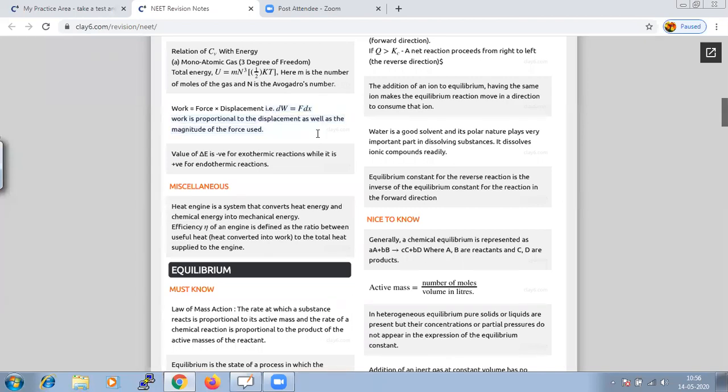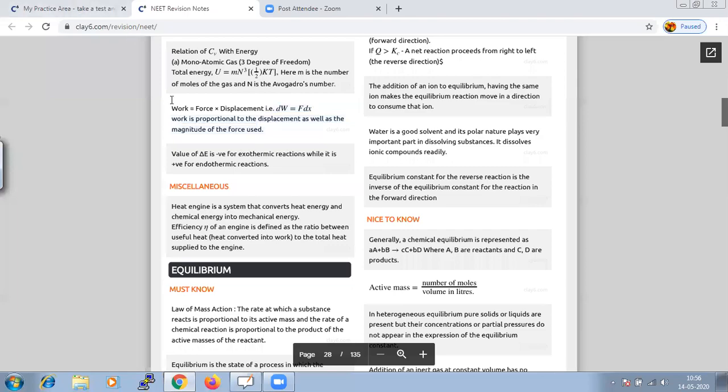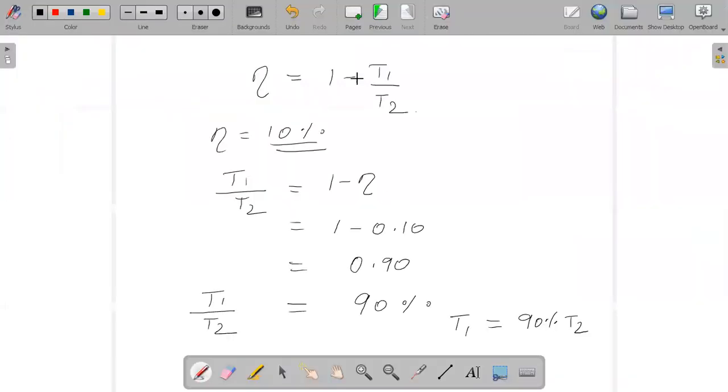That is the basic formula for the work done, but here our given values are in the form of expansion, that is our pressure and temperature. So the work done formula which we are supposed to use here is,